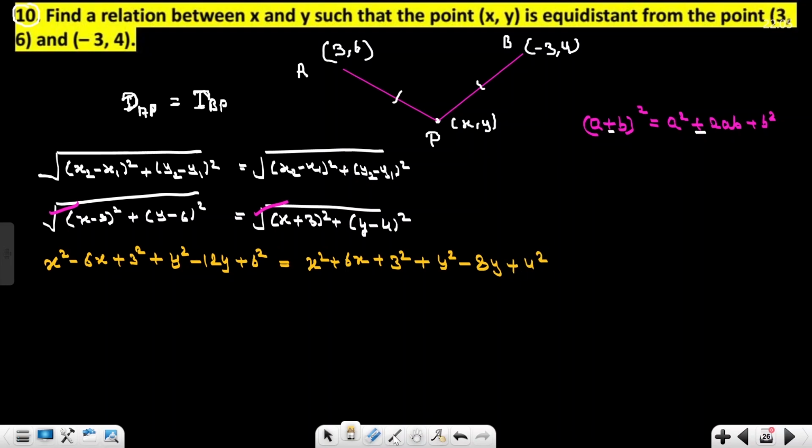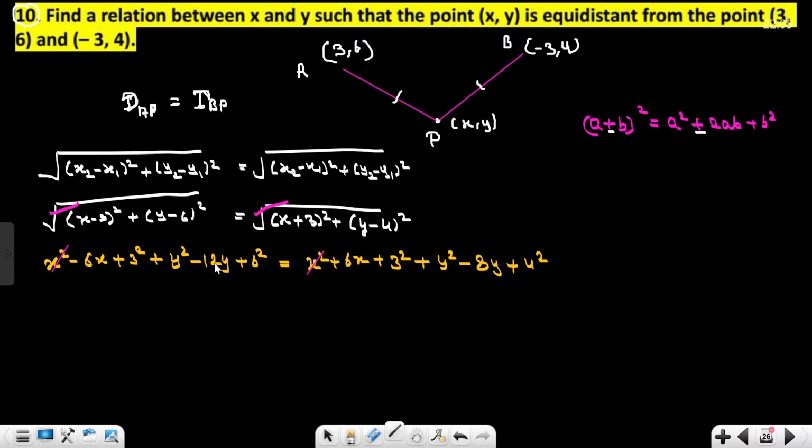Now look here, we can directly cancel out terms. Okay, how? If we change the side of x square, it becomes negative. If the right and left hand side terms are equal with the same sign, we cancel out the term. x square positive, x square positive, cancel. When you change the side of x square, the left hand side becomes negative, x square minus x square is 0.